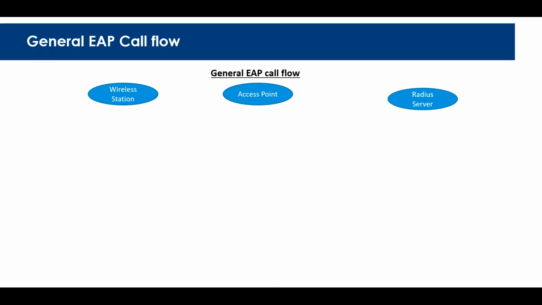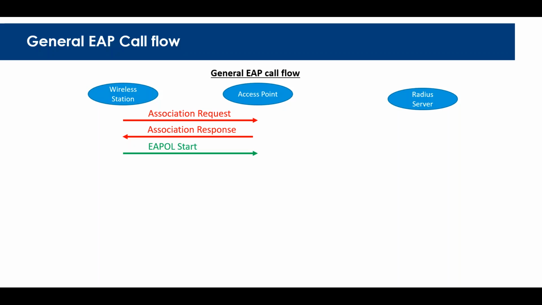Let's look into a general EAP call flow. Consider a wireless station that wants to connect to a WPA2 Enterprise WLAN. As usual, the wireless client starts by sending a probe request and the access point sends the probe response, then followed by a null auth request and null auth response. That is common for all wireless connections, so I explicitly didn't mention it here. So let's start with the association request from the wireless client and the association response sent by the access point to the wireless client,